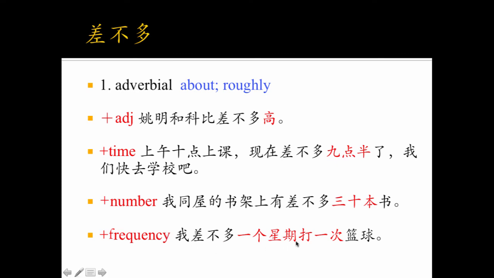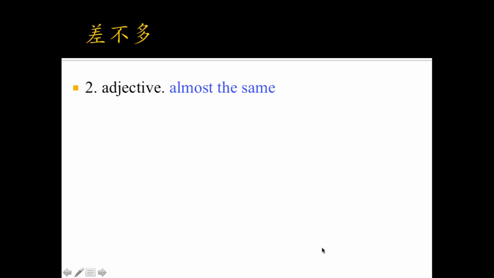我差不多1个星期打1次篮球, so once a week. 1个星期 is frequency. 我差不多1个星期打1次篮球。So if I ask you, 你多久给妈妈打1次电话？You can say 我差不多 and then the time, maybe 1个月, that's too long, right? Or maybe 一天给妈妈打1次, so that's 每天打1次。Or you can say 我差不多1个月给妈妈打1次电话。差不多 can also be an adjective, meaning almost the